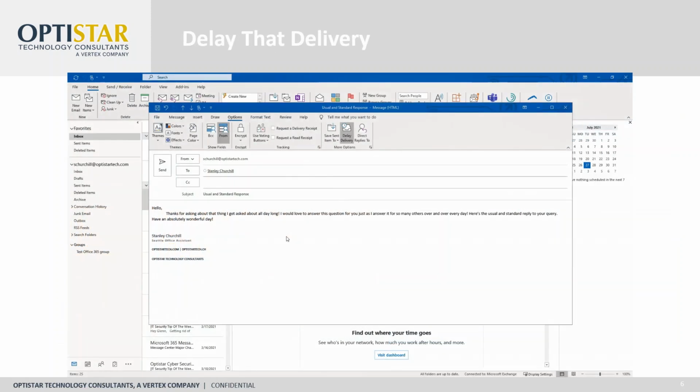So for our demo, let's use our usual and standard response. Let's say that Stanley needs to send this message out, but he needs it to be delayed. We don't want this message to go out until the end of August, usually around noon, because we know that's when the person who's receiving this message tends to be at their desk, and we know we can get them to read it. So after you have your message prepared and you're ready to click send, before you click send,